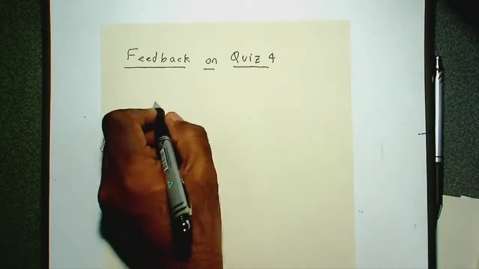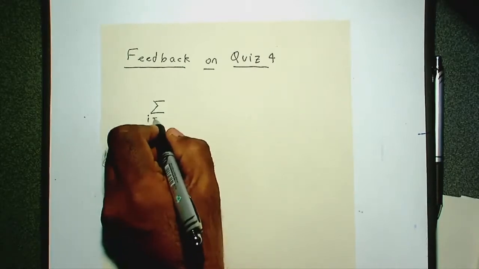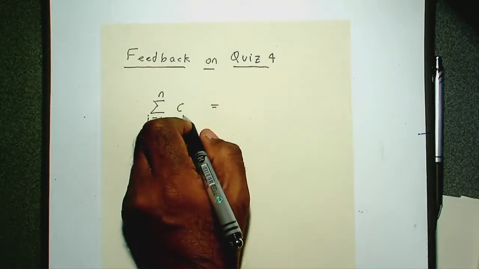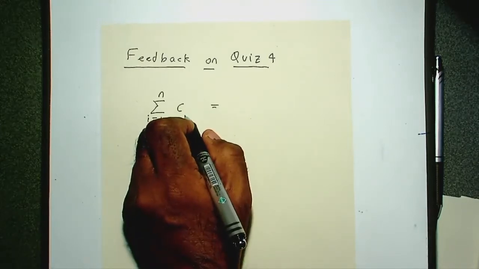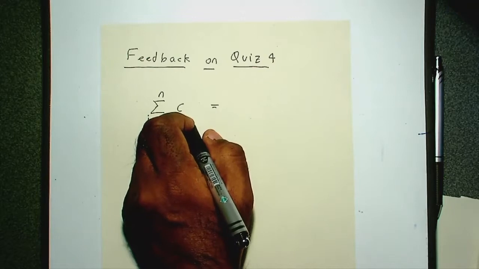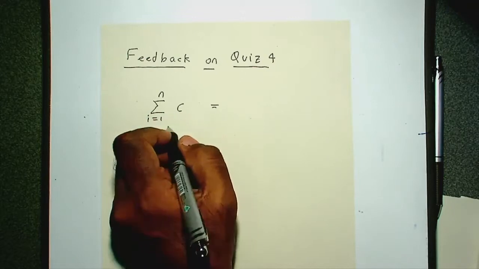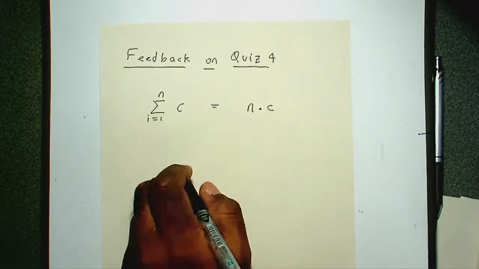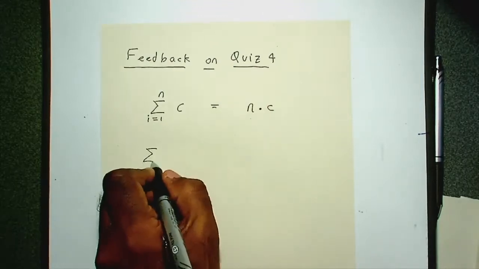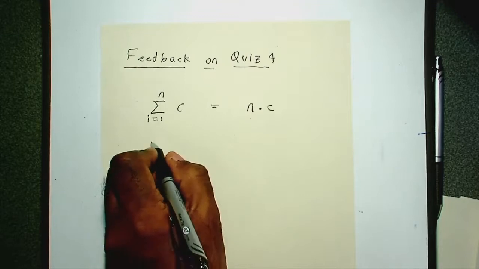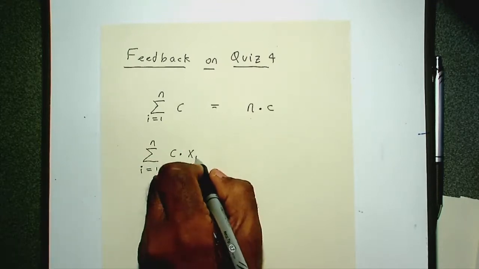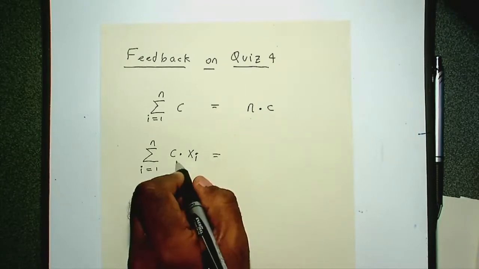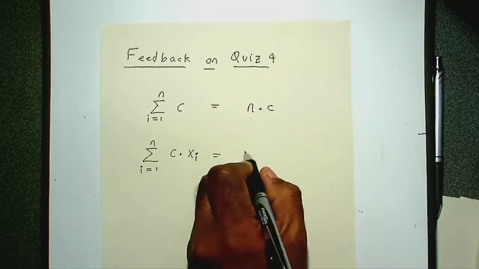Like, if you have a sum of a constant, which does not depend on i, I mentioned this in the class, guys. Don't tell me I didn't mention. What is this equal to? This is n times the constant, right? And also, if you have a sum like this, constant times xi, then you can take the constant outside of the sum, right? So this would become,